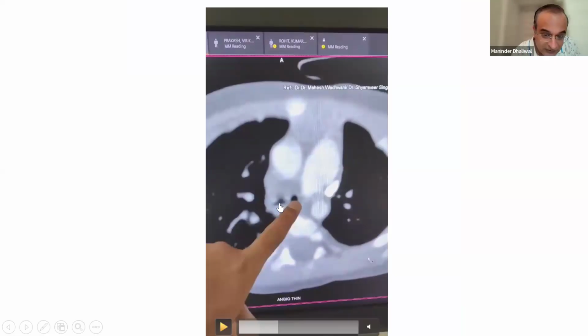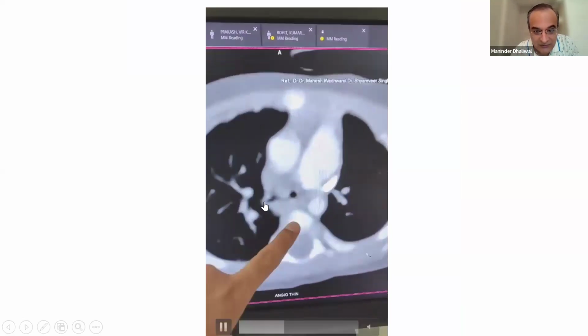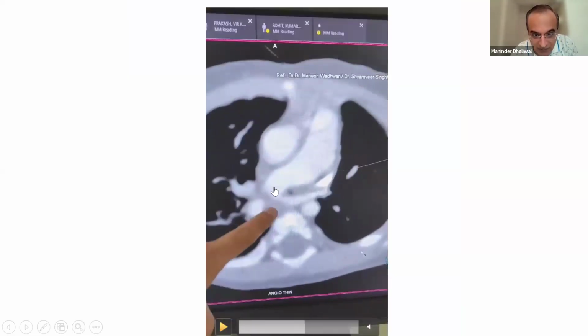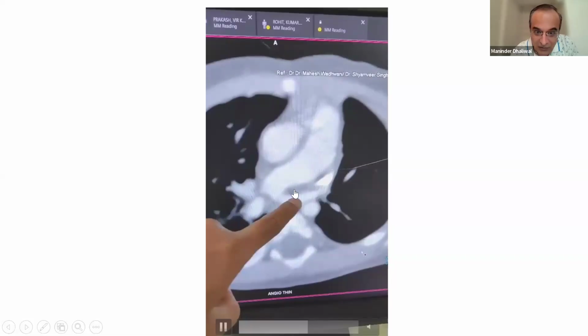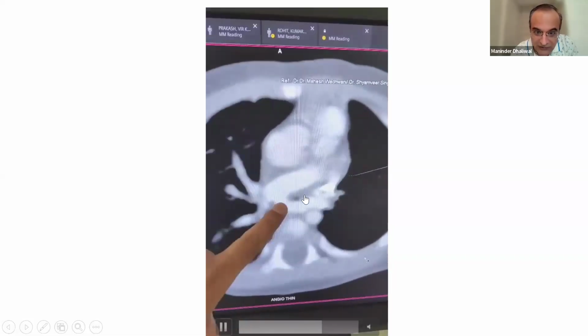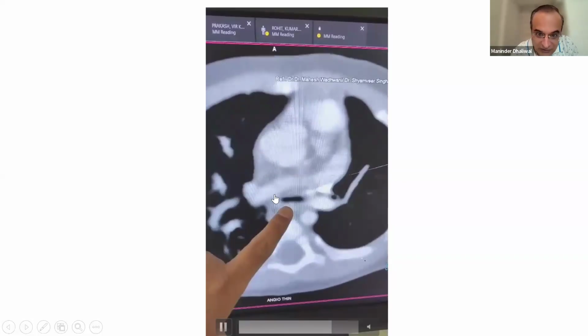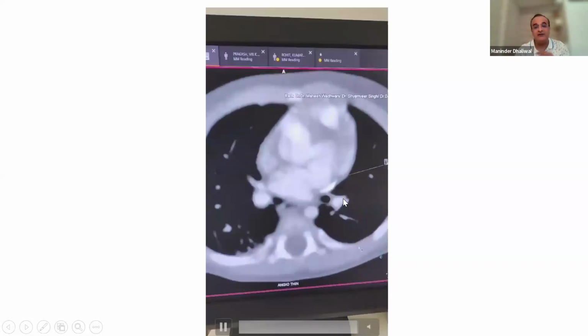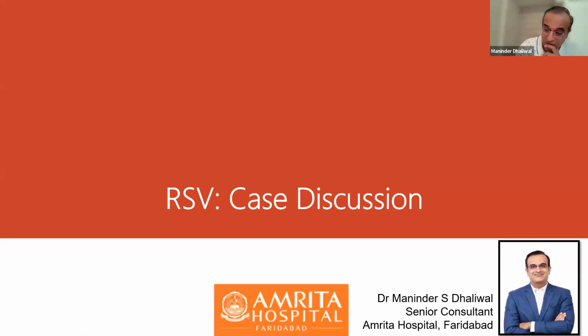Now we assume that this is the right anomalous bronchus, whereas this is the trachea which is continuing down, and this trachea is now engulfed by the anomalous origin of the pulmonary branch from the pulmonary artery. Then almost the trachea is hidden over here, and as we go distally, we can see the two bifurcations, the right and the left, happening. This is just to show you how advanced and complicated the disease has become,